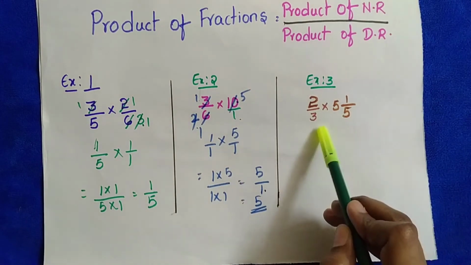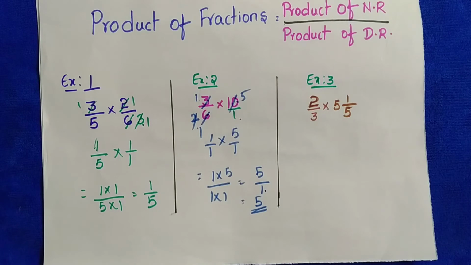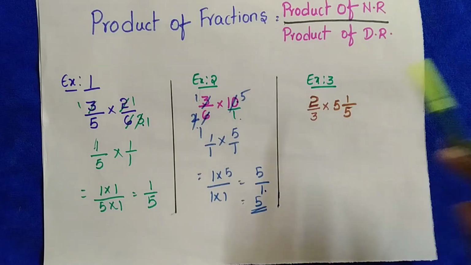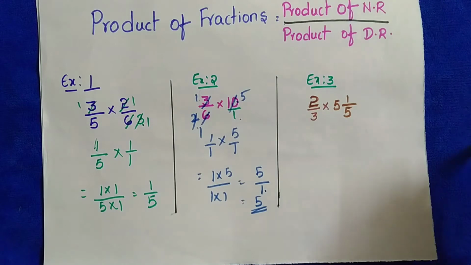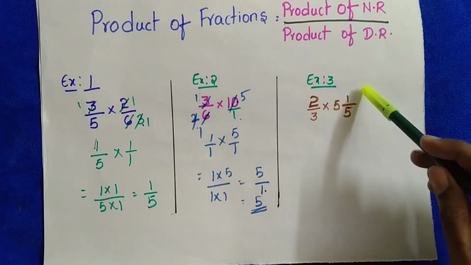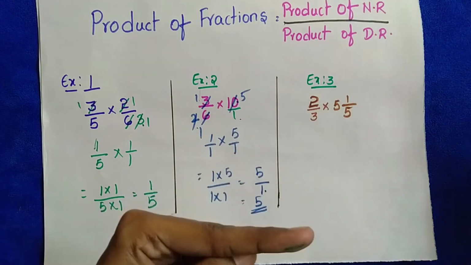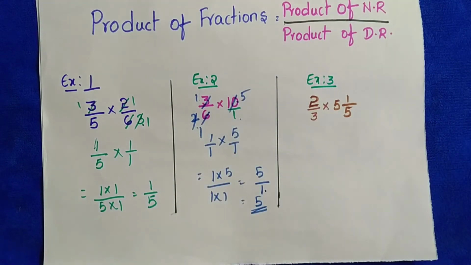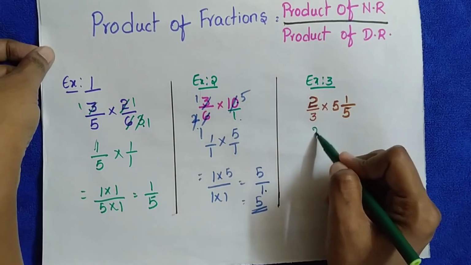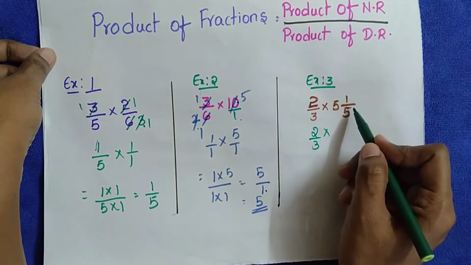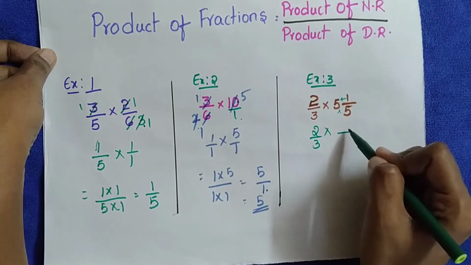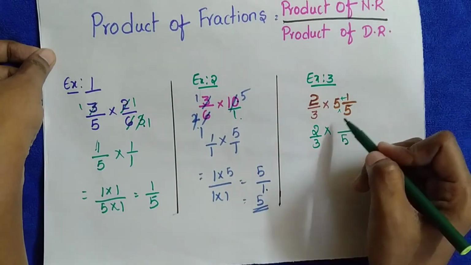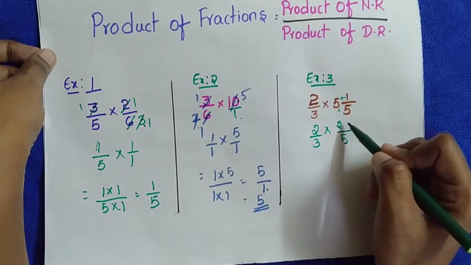See here, I am multiplying a fraction with a mixed fraction. Again, you will get a doubt. How? Yes, here I am multiplying a fraction with a mixed fraction. How to do it with a mixed fraction? As we know very well, we can convert a mixed fraction into an improper fraction. So do that. Write 2 by 3 as it is, and convert this mixed fraction into an improper fraction, down into upper plus, right? 5 fives are, first write the denominator as it is, and then 5 fives are 25, 25 plus 1, 26.